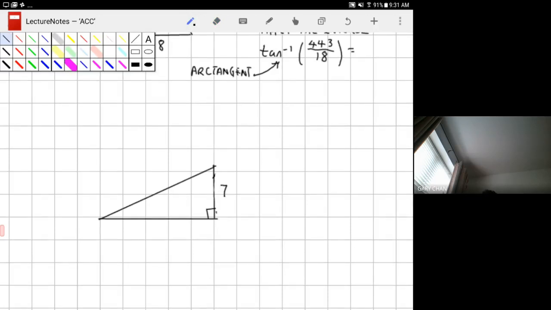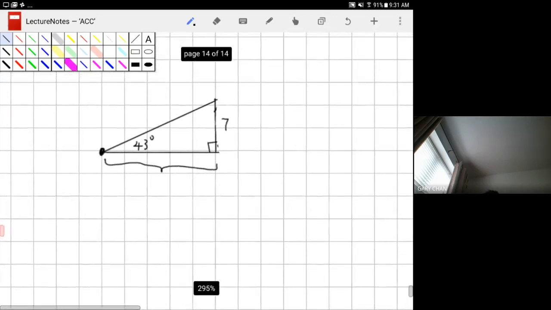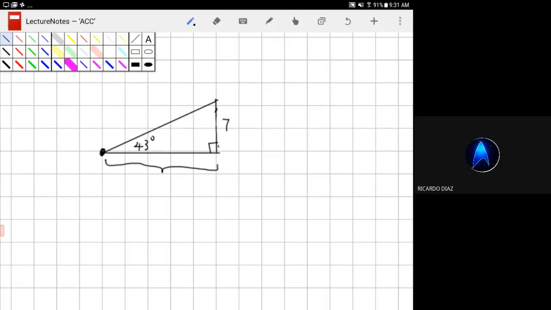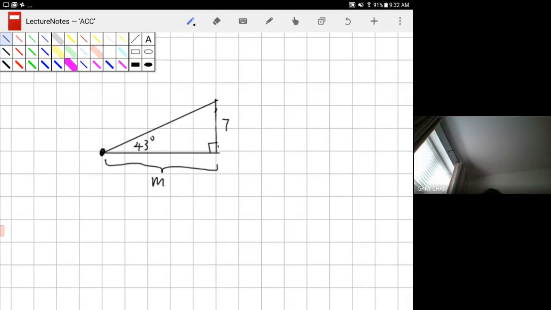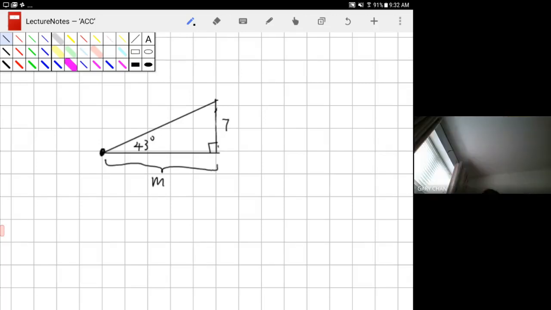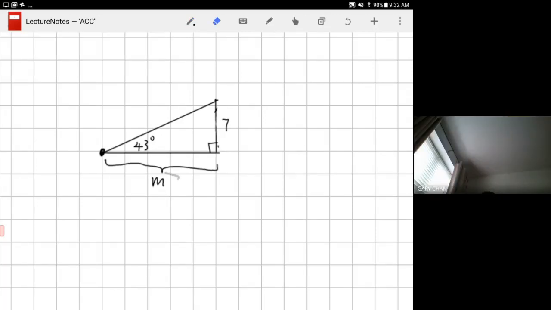So we have 7 right here. We have 43. We want to figure out how far is his head away from the rock, right? So we're looking for this length right there. Okay. So this unknown length, let me see. Ricardo, can you give me a letter to represent that horizontal? F. Okay. Ricardo, is F